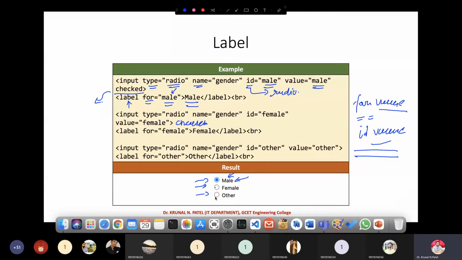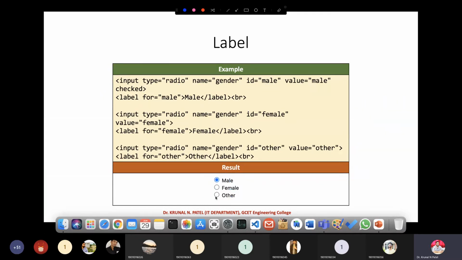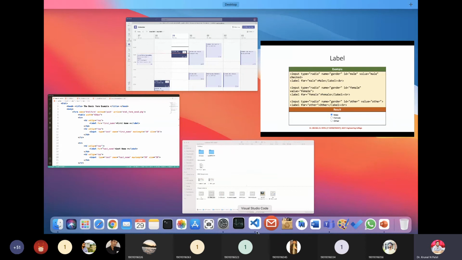But what I want is to make all of this text clickable. So whenever I click on this text, I am also able to select this particular radio button value. I hope you may be confused here, so let me show you one example.